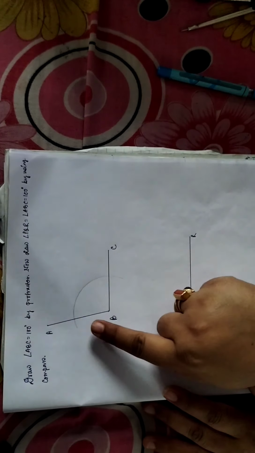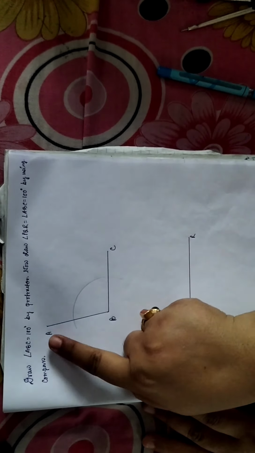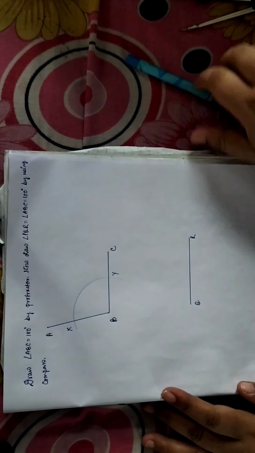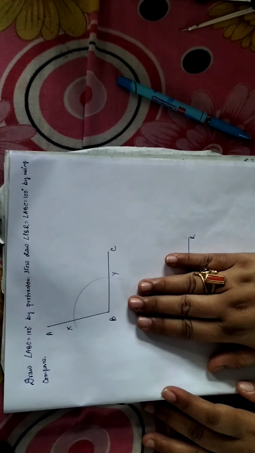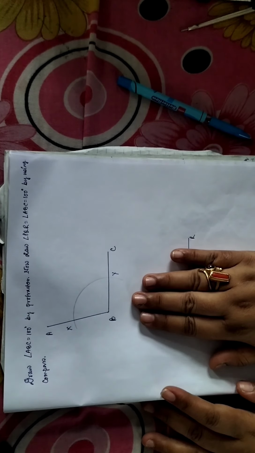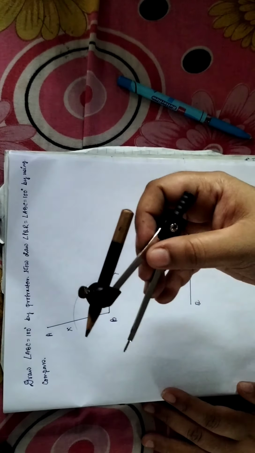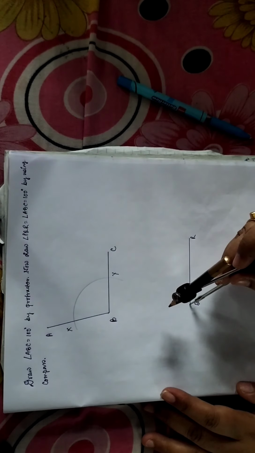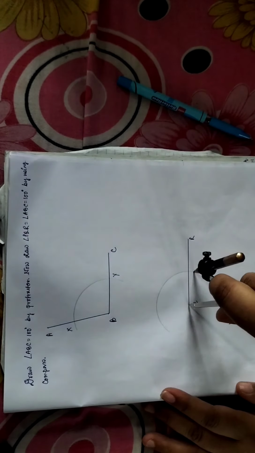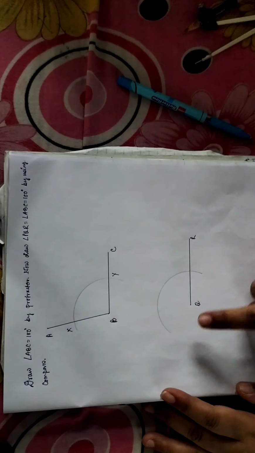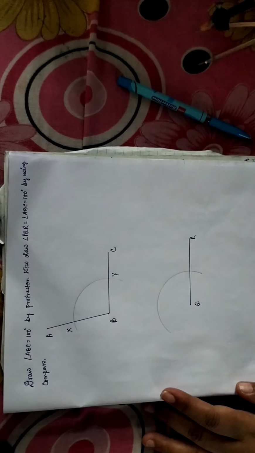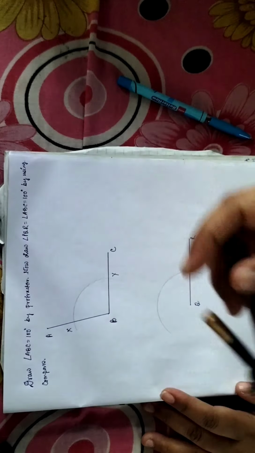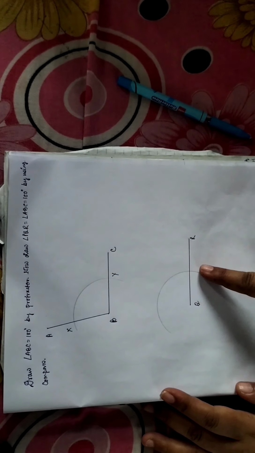Okay. Let these 2 points at which this arc cuts AB as well as BC be X and Y respectively. Here I am using pen to make the photo clear. You all are requested to use pencil only in any geometrical construction. Now with the same radius, that is the radius by which this particular arc taking B as center has been drawn, taking Q as center, an arc is drawn. So here, first of all, taking B as center with any certain radius less than AB and BC, an arc is drawn, and with the same radius taking Q as center, another arc is drawn.